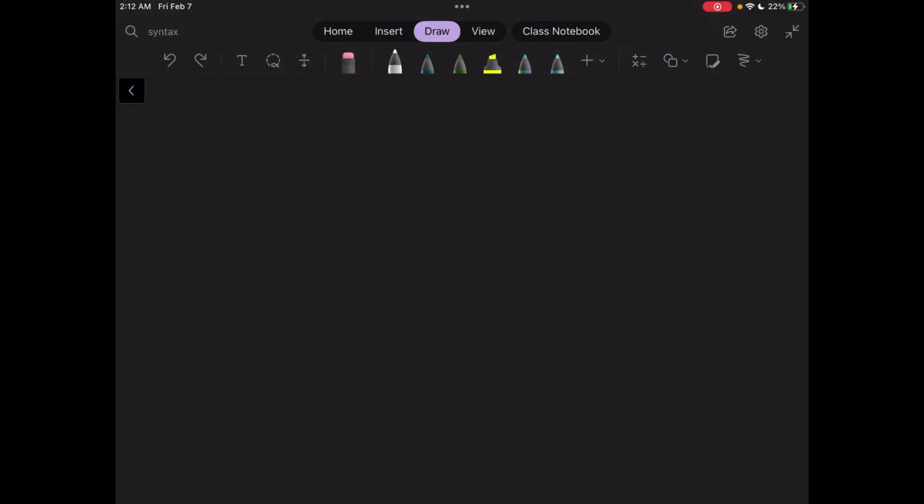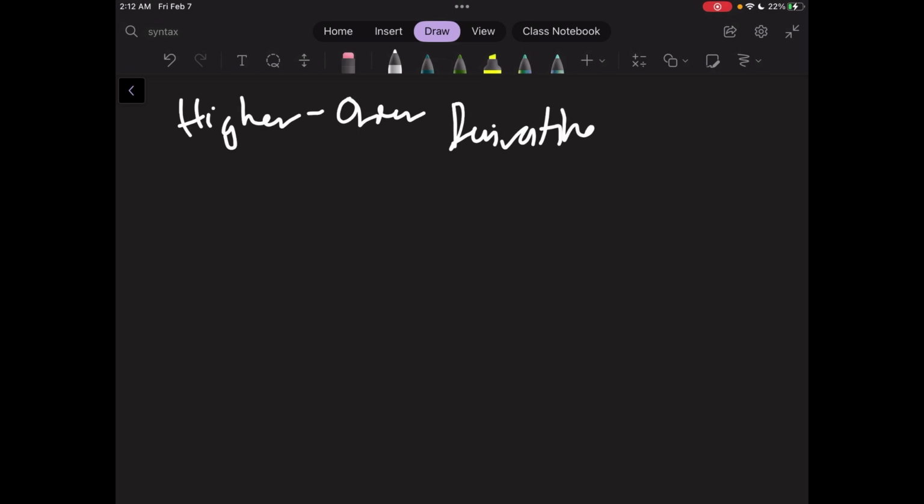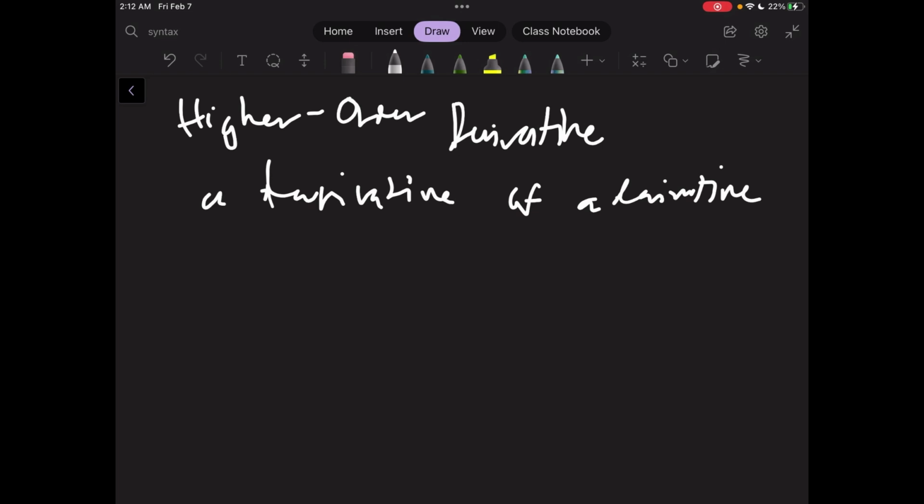So before anything else, let us first explain what a higher order derivative is. A higher order derivative is basically a derivative of a derivative, which means that y prime, which is a derivative of y, you take the derivative of that with respect to x,